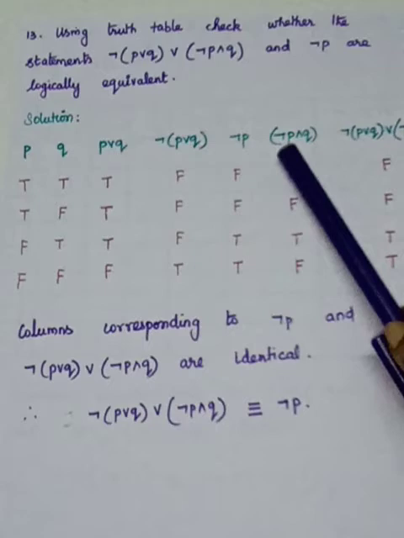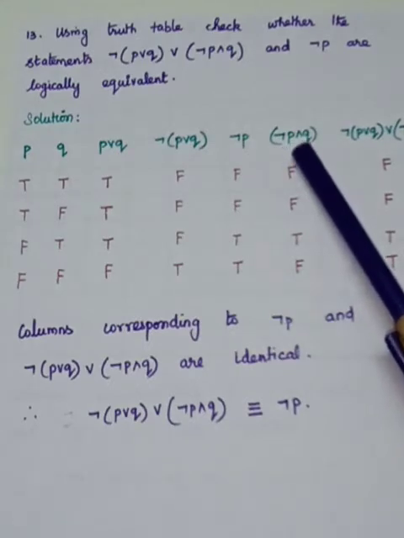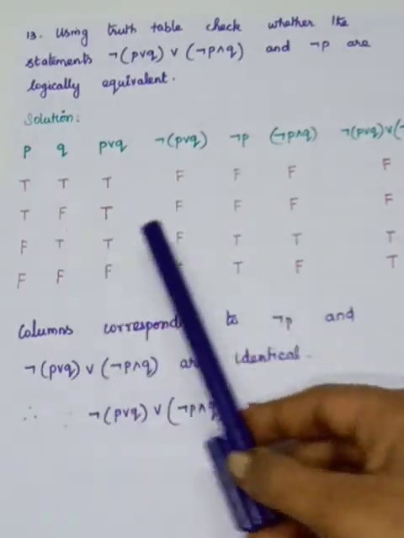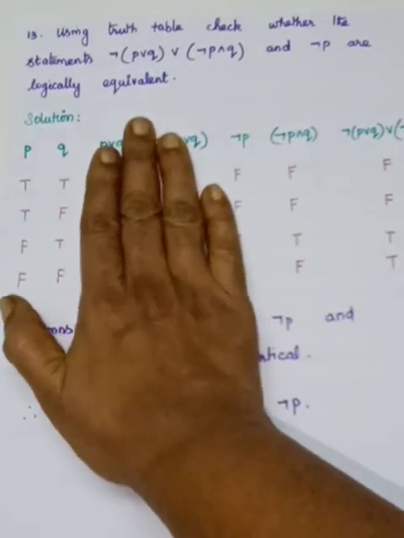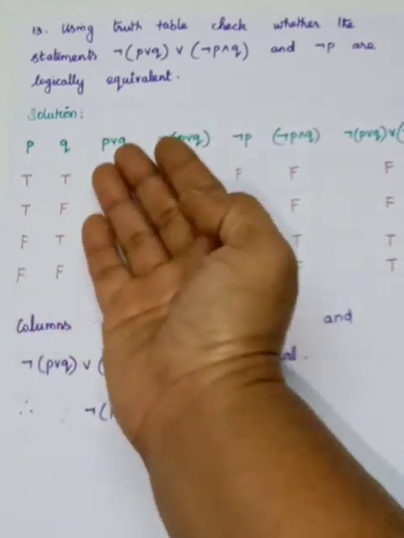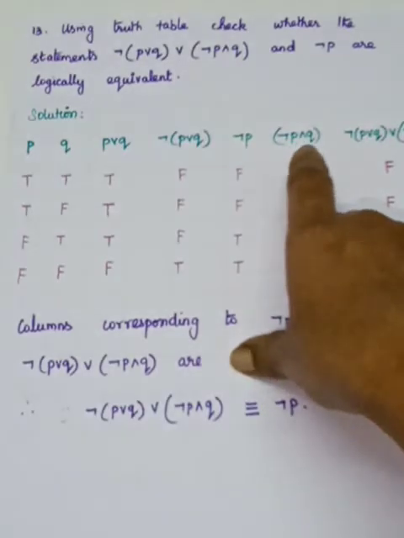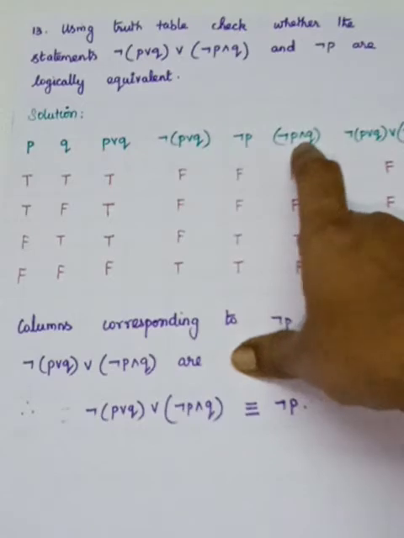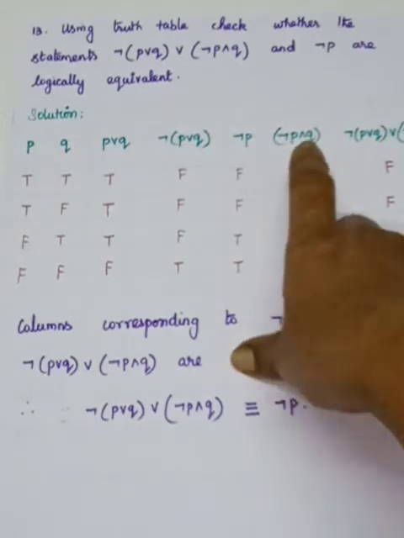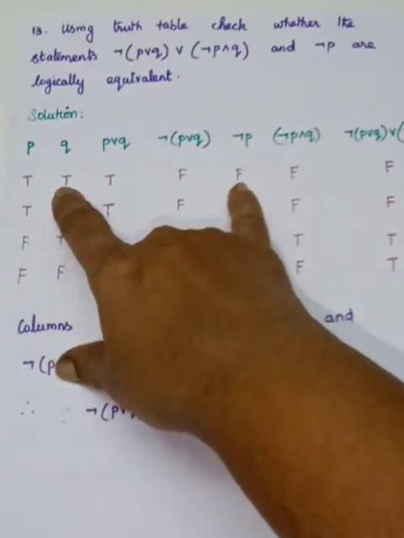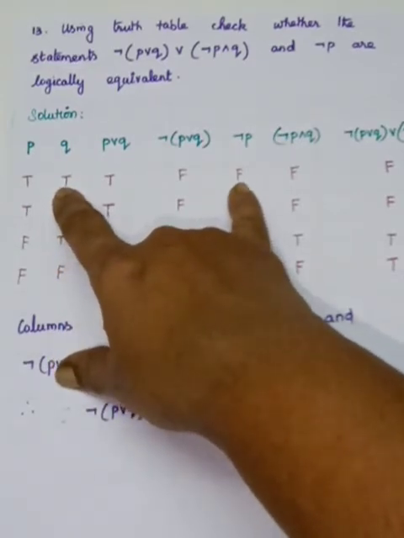Next you have to find out negation P and Q. So negation P is in the fifth column and Q is in the second column. So you have to see the second and the fifth column. Second and the fifth column. So see, in between you are having and. So for the conditional statement you have to see the order. Here it is and. So and means both are true, it is true. You look at here. Here T, here you are having F. So it is and means both are true, it is true. So here it is false.